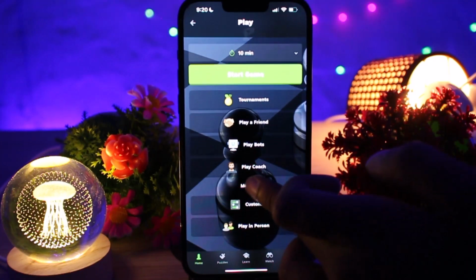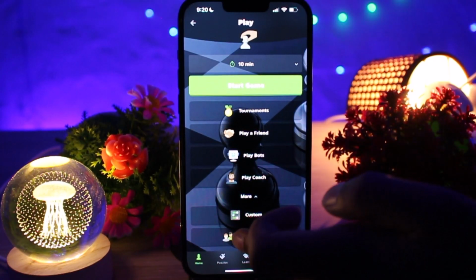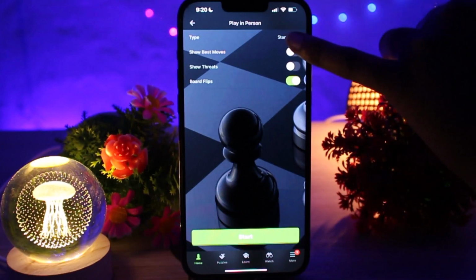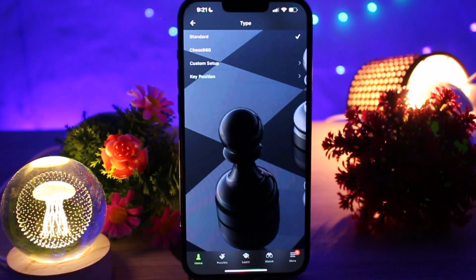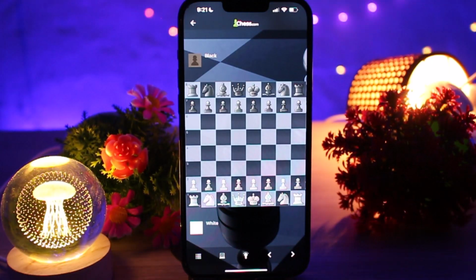Now, click on more and here you can see an option that says play in person. Tap on that. Now, pick the type you want to play, standard or custom setup or chess 960. After that, hit start. Once the board's open, you can make a move for white, then tap on the board